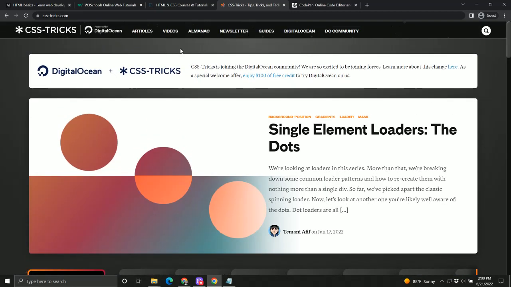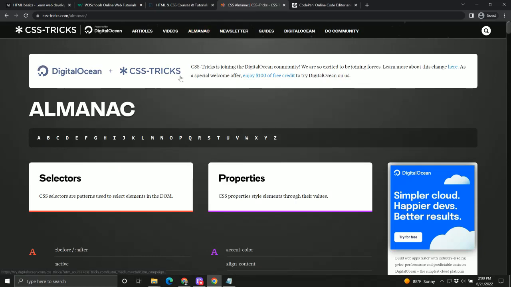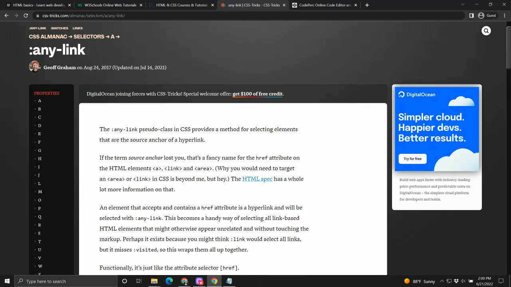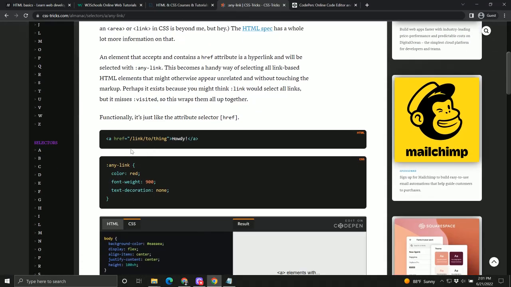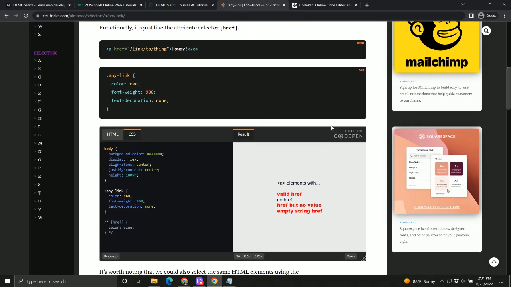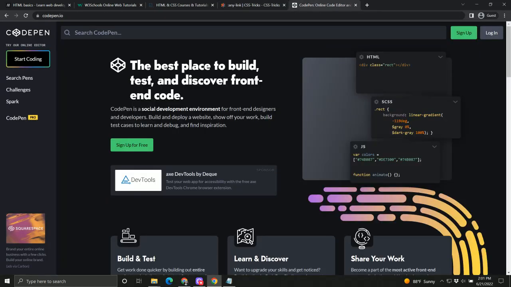This site has so many different resources, guides. Their almanac is spectacular in terms of CSS and how this looks and how these actually work together. Information and examples, which leads me to my last resource, CodePen, which is something that Chris Coyier from CSS-Tricks has created, where then you can take your content and actually put it into practice into a